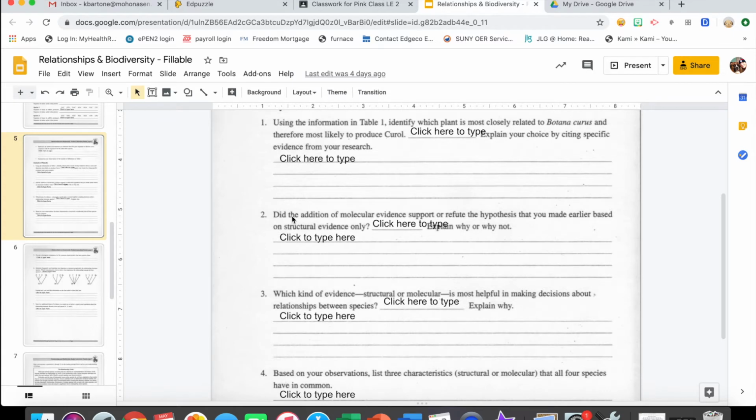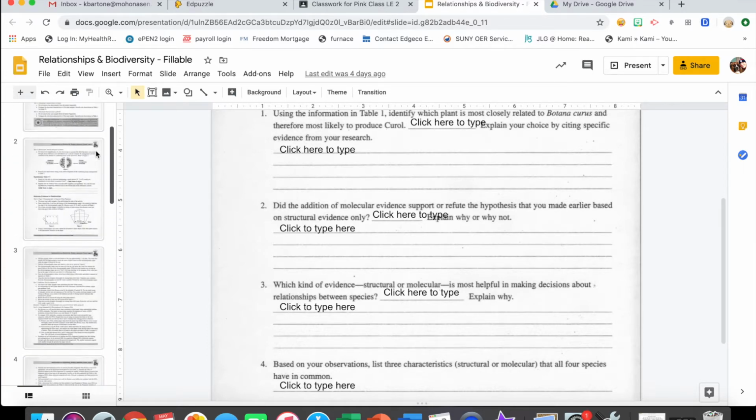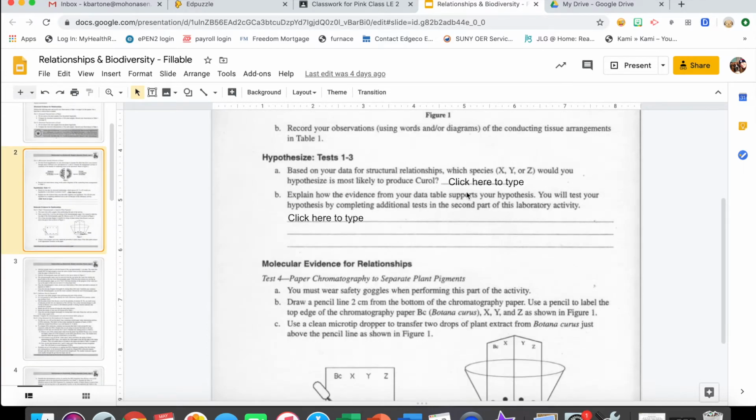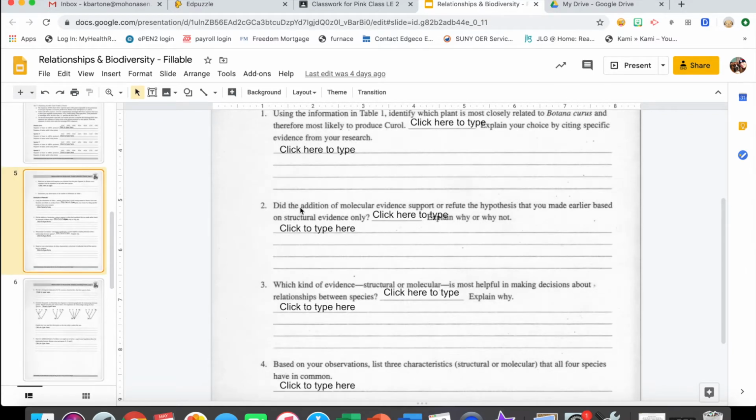So number 2 says, did the addition of molecular evidence support or refute the hypothesis that you made earlier based on the structural evidence only? So now we're asking you to go back to page 2. Up here you should have already put X, Y, or Z as your prediction. You are referring back to that. That's your prediction. So according to number 2, did the addition of molecular evidence, which would be tests 4, 5, 6, and 7,